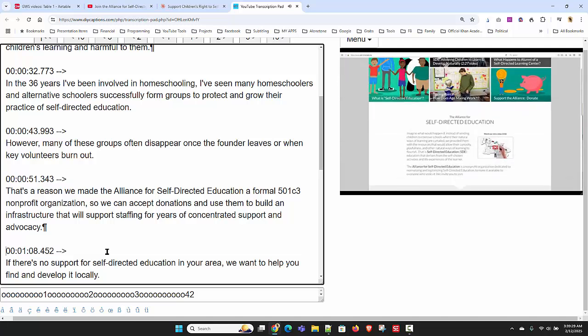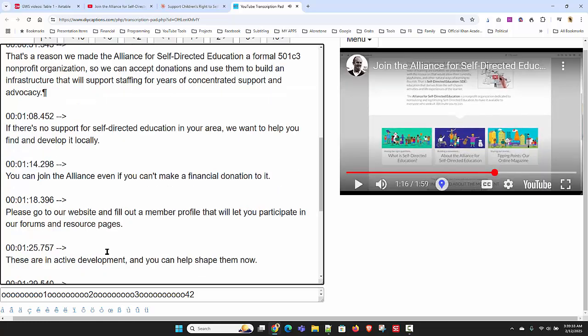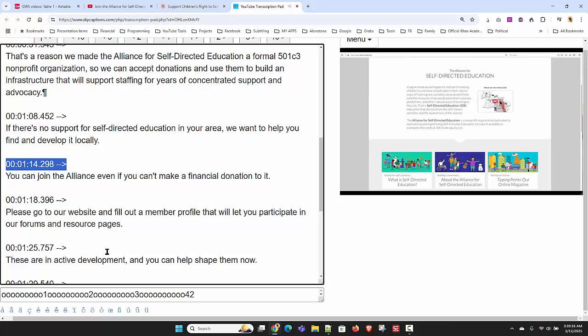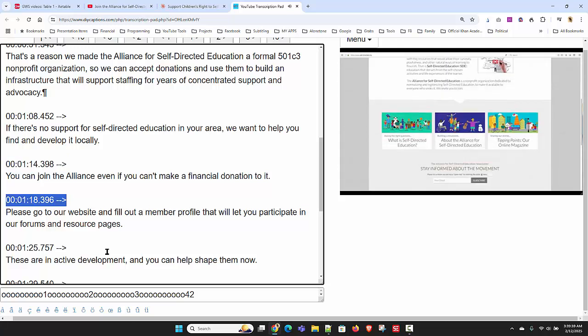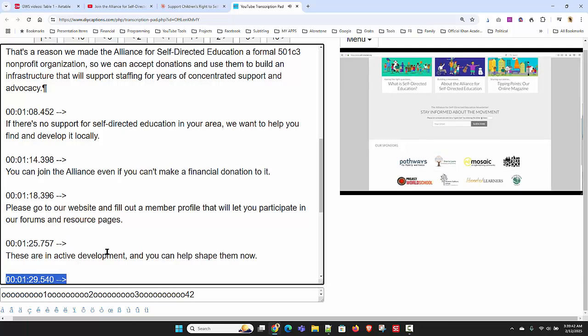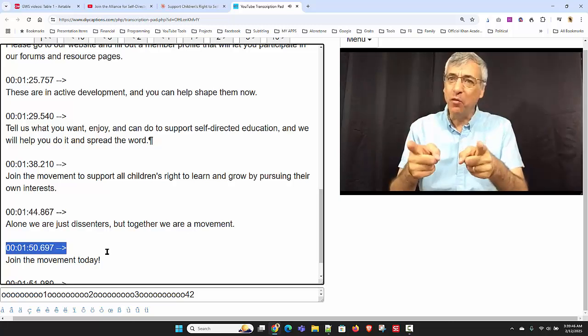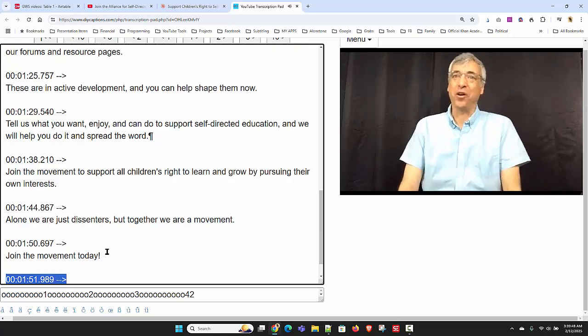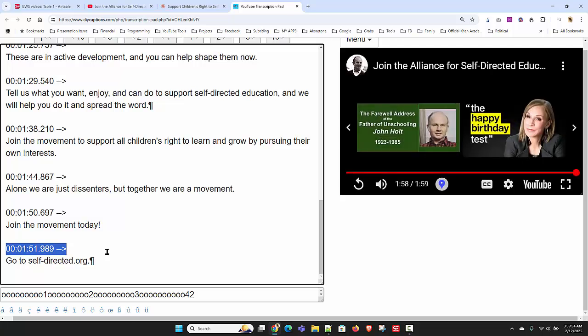If there's no support, you can join the Alliance even if you can't. Please go to our web. These are in active development. Tell us what you want. Join the movement to support. Alone, we are just. Join the movement today. Go to selfdirected.org. Okay, that is, in my estimation, a perfectly prepared, timed transcript,